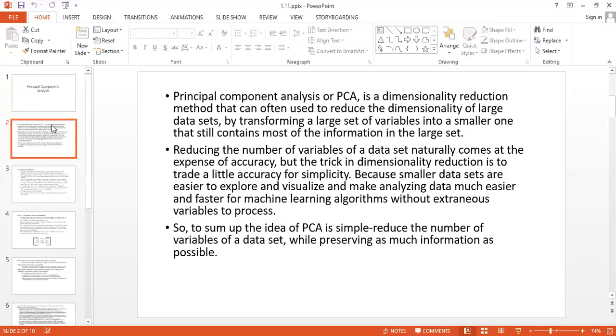So to sum up the idea of PCA, it simply reduces the number of variables of a dataset while preserving as much information as possible, without losing much data. By achieving some level of accuracy, we can reduce the variables of a dataset, or the dimensions of any feature, by using this algorithm.